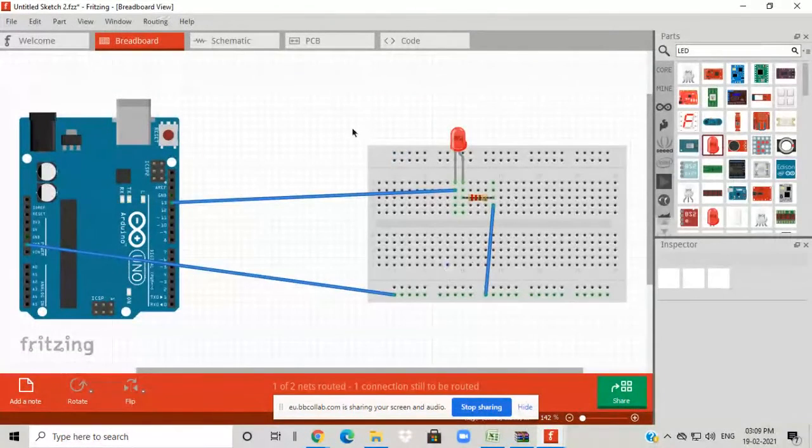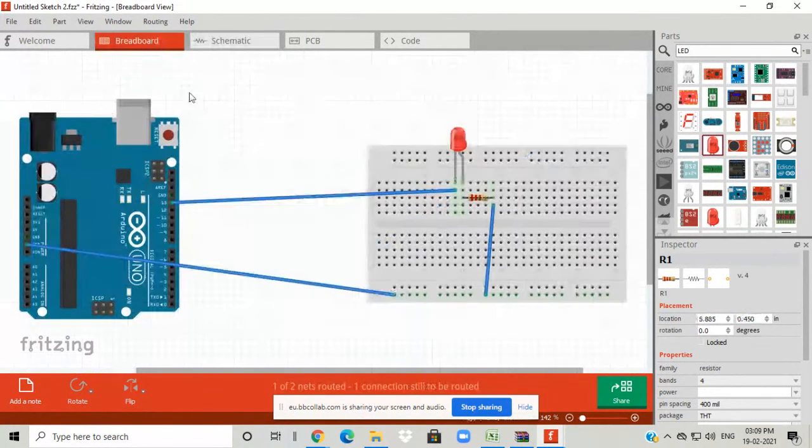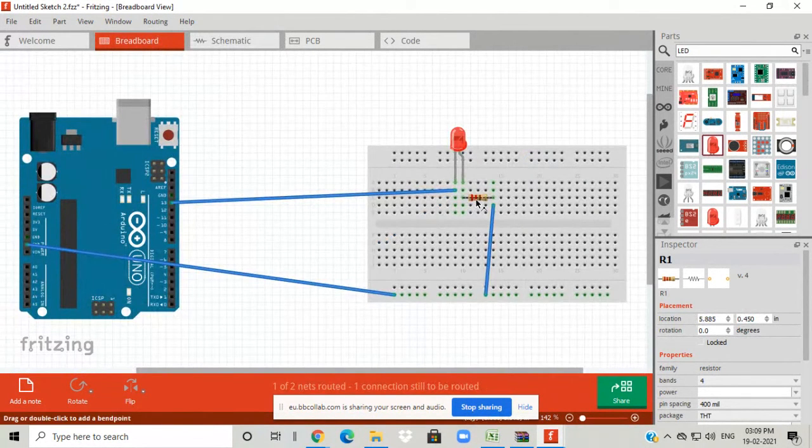Okay. So today I will make a worksheet visible.